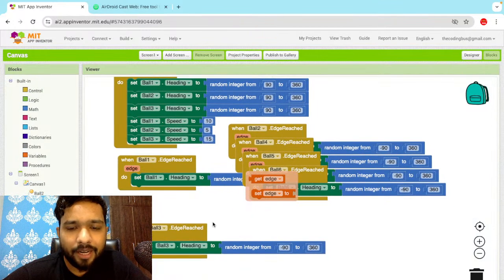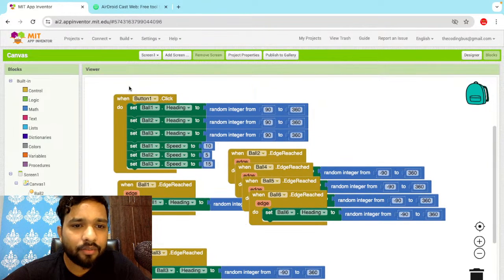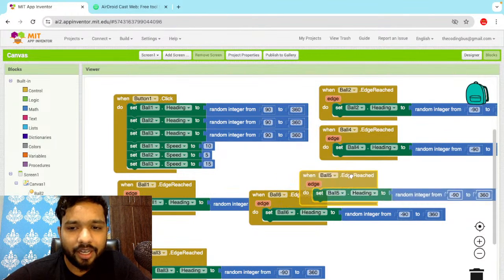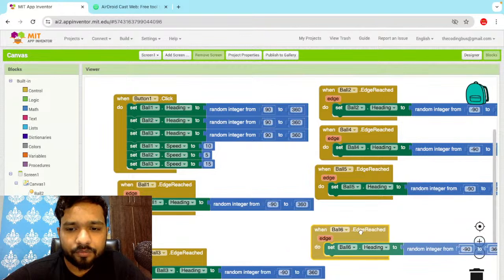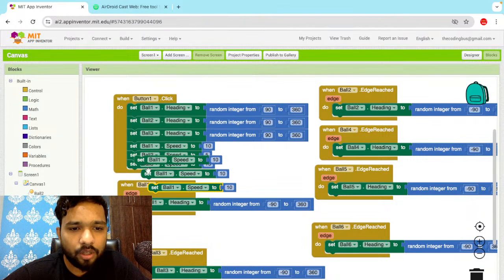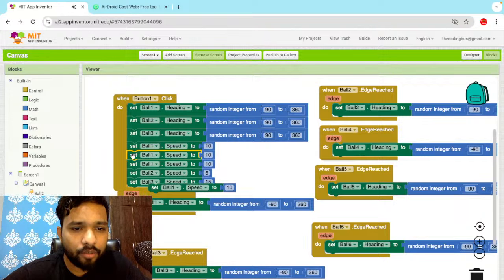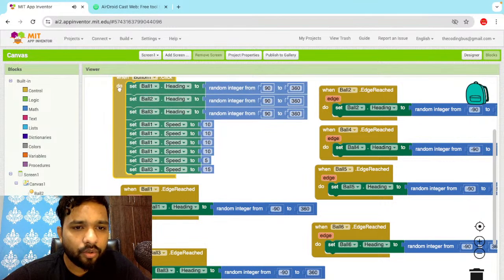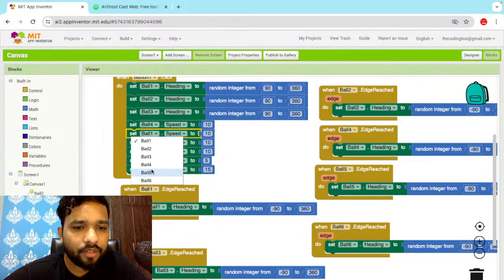But I need to do that code for all these buttons from here also. We'll do all this code in the procedure, so you don't need to worry, you don't need to write that code again and again. So the same thing we need to do, we have 6 balls, so I'm gonna do it for 6 balls like this, one more, and one more. So if we have 3 balls, we just need to change to 3, 4, 5, 6. So 4, 5, and then 6,